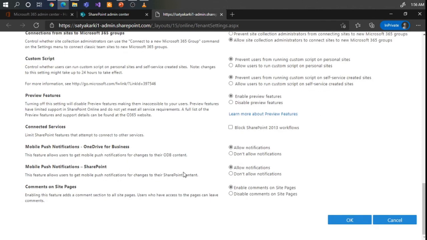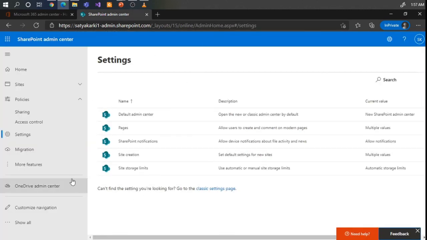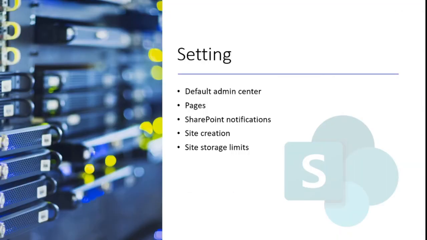So there are some other settings which are still available that people get confused about, thinking they are not available. They are available, you just need to open them, and they will still open in the classical format. Now I'll close, and let me go back.